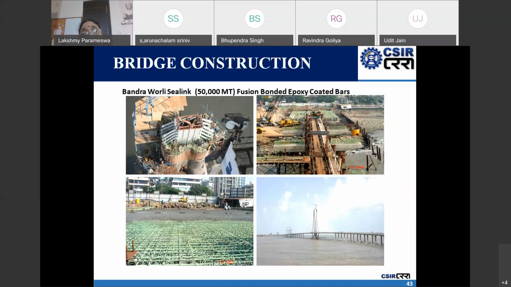Now the application: this is the Bandra-Worli sea link, where 50,000 metric tons of fusion bonded epoxy coated bars have been used. Actually, these epoxy coated bars have been in use in India for the last 20 years, but one has to be very careful